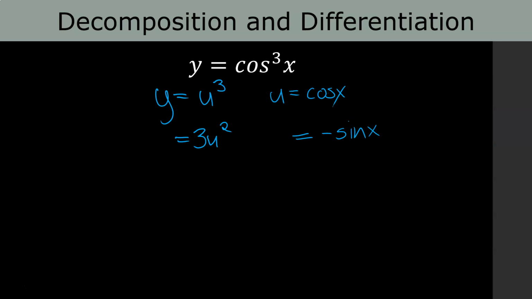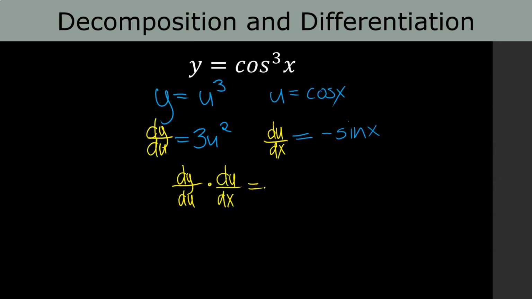So what about notation? Well, we don't want to write y prime or u prime. Let's write something that might help us a little bit more. Let's write dy du, the derivative of y with respect to u. And for the derivative of cosine with respect to x, we'll write du dx. We're expecting to get dy dx, that notation for the derivative of cosine cubed x. And so what we're going to do is say dy du multiplied by du dx